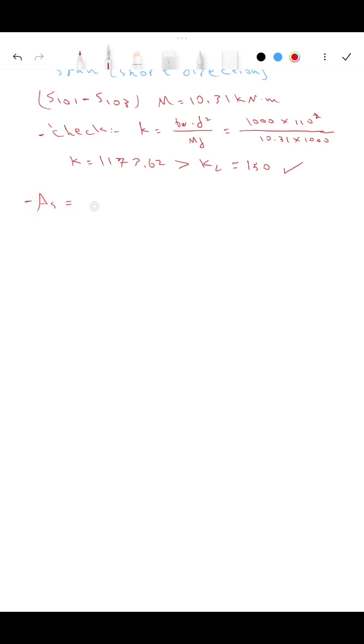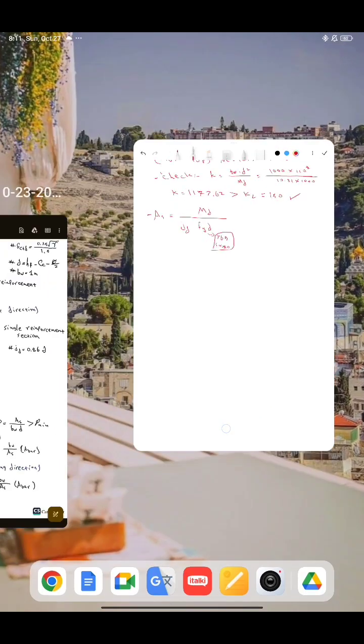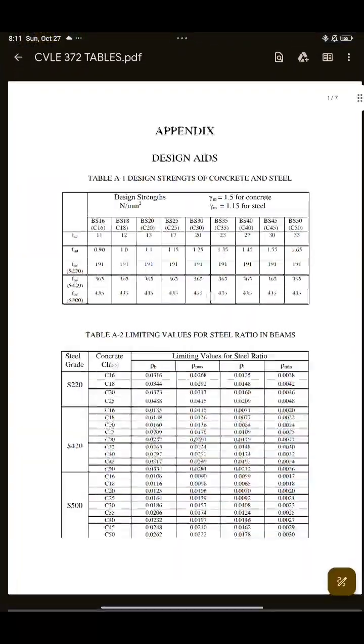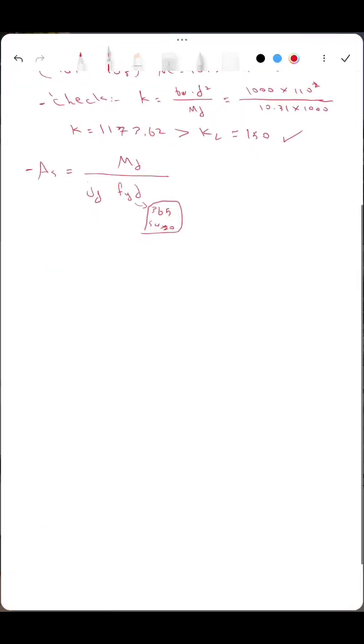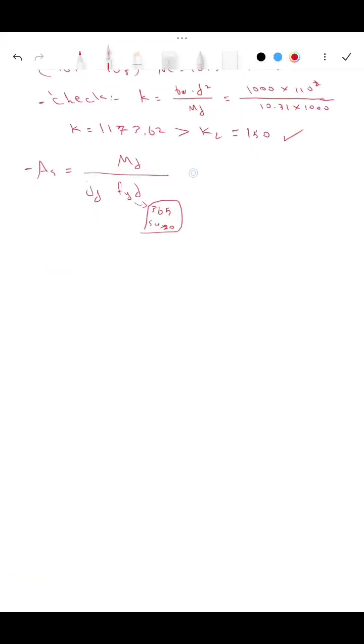Area of steel equals MD divided by JD times FYD. Okay, we have FYD, it equals 365 because of S420. We have a table for this one. Okay, we can check the table. Also, it depends on the code you are using, but however we are using this code. So FYD is equal for S420, and according to all concrete types, it's the same value. So it will be 365. This is the FYD value. Okay, so 365, and JD